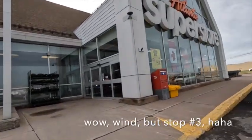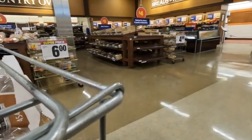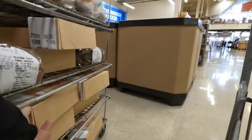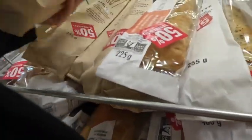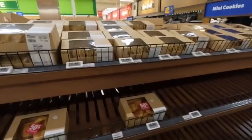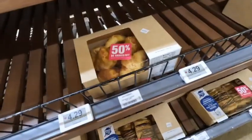Well, we might as well check out the cheap carts while we're here. Oh, there's some rolls. Hot press buns. Lots of hot press buns in here. What's this? Red pepper ciabatta. These are all going hard. There's a little sourdough baguette. I like those. A few donuts. We got some chocolate croissants for half price. Butter croissants, some little cheese croissants,